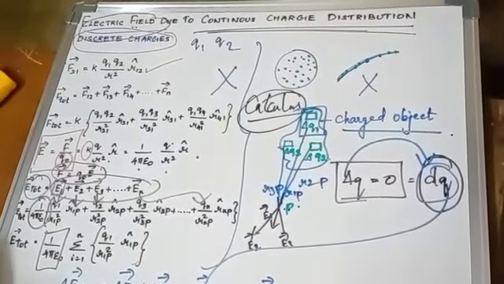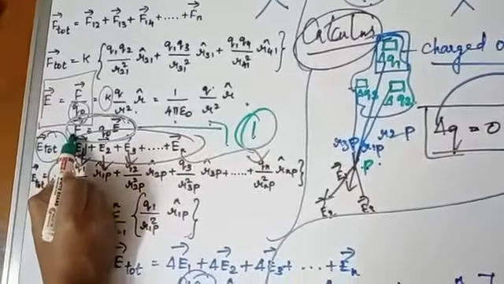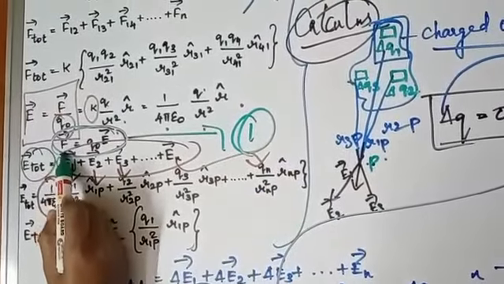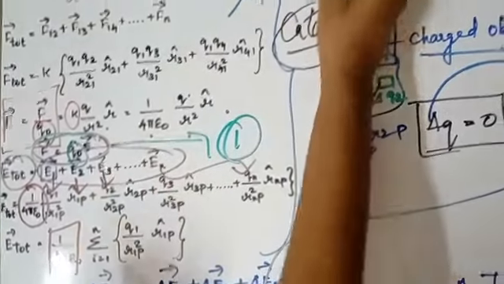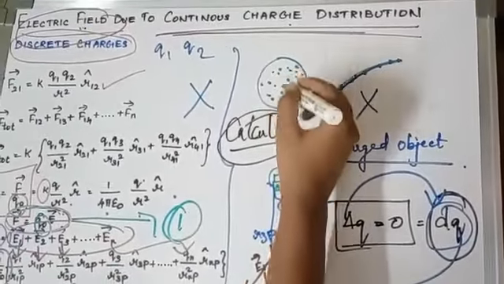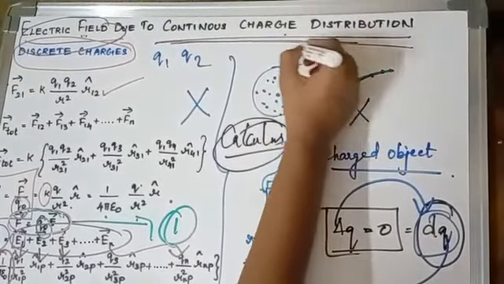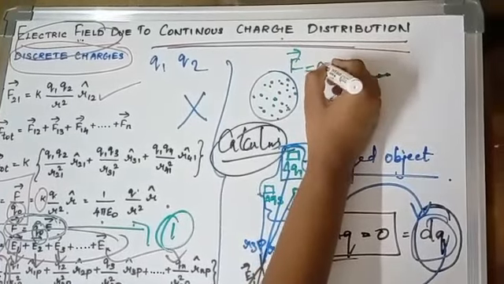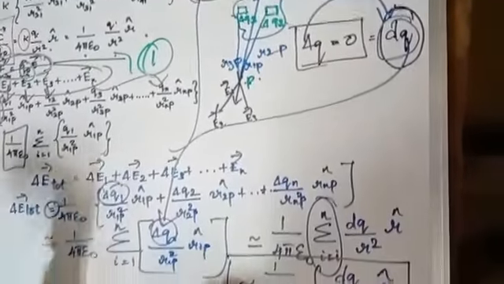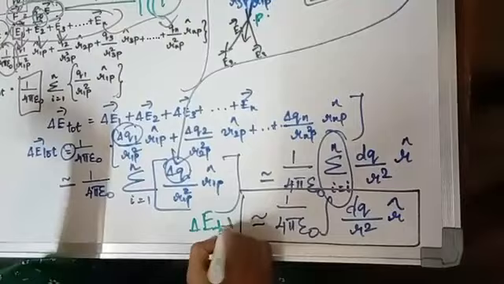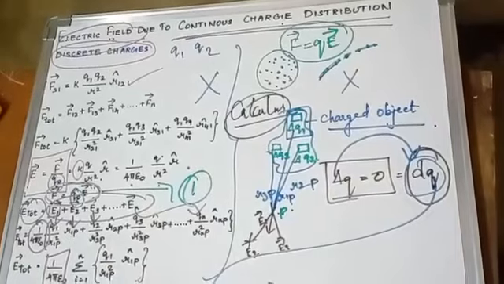Here we have even found F vector is equal to Q naught E. So from this electric field we can even find the force which is acting on the charge, with the help of a test charge Q naught. The same can be applied in the continuous charge distribution to find the amount of force which is acted by the charges. So here also the same equation will apply: F vector is equal to, instead of Q naught, we are going to take Q E vector. So this is the equation to find out the total electric field which is acting on continuous charge distribution, and this is the force which is acting on continuous charge distribution.